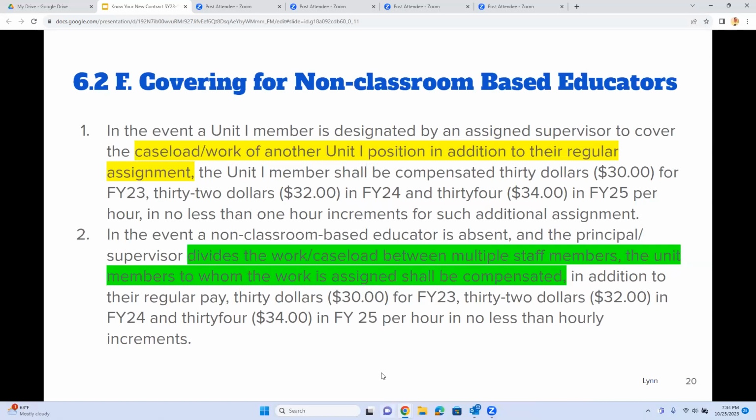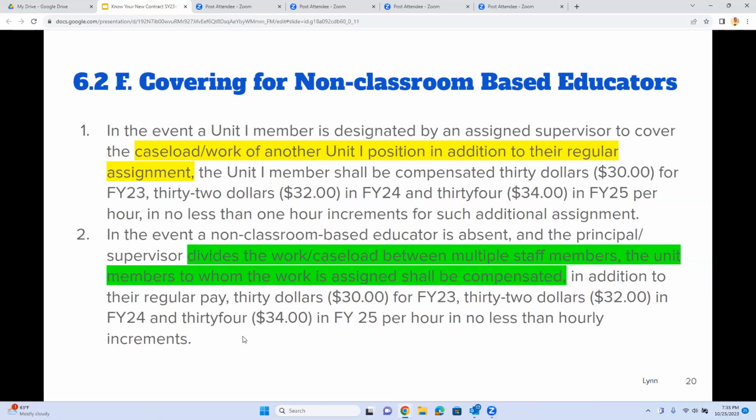In the event a non-classroom based educator is absent and the principal supervisor divides the caseload between multiple staff members, the unit members to whom the work is assigned shall be compensated in addition to their regular pay, $30 for fiscal year 23, $32 in fiscal year 24, and $34 in fiscal year 25 per hour in no less than